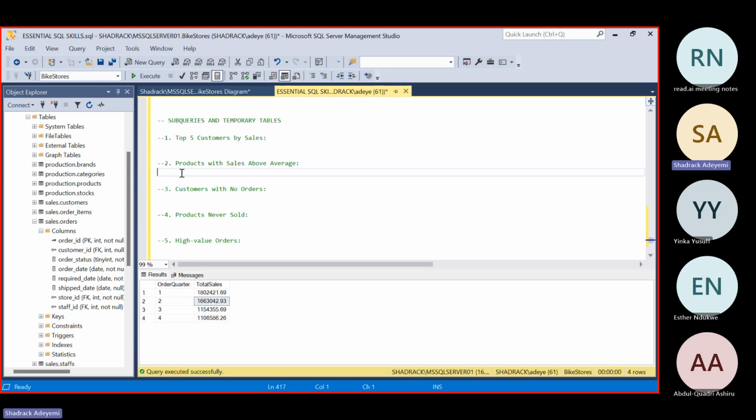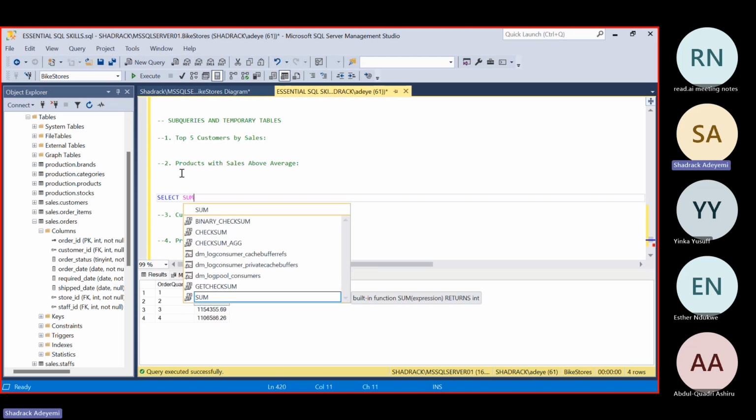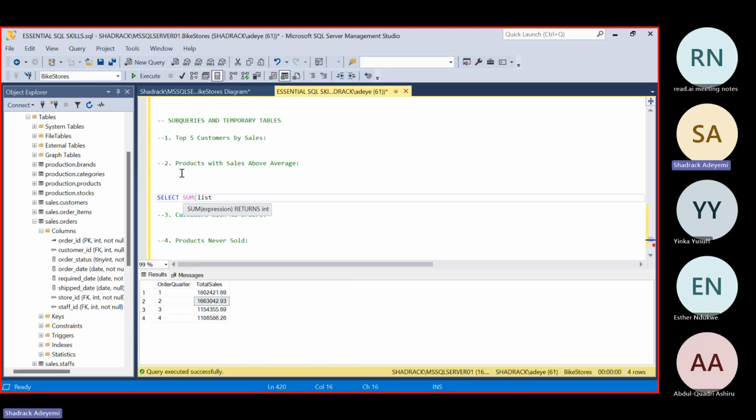So let's take it from the inner query first. Let's first run an inner query that says we want to get the sum of the list price from, because I know that the list price is sitting in our sales.order table, from sales.orders table.